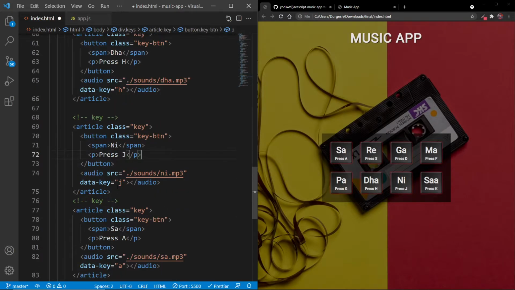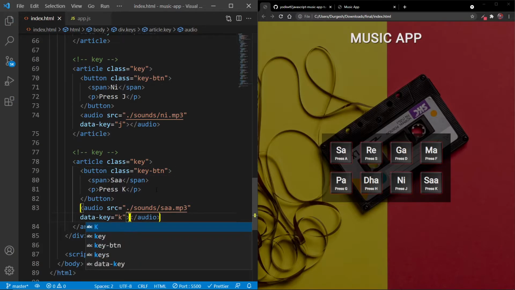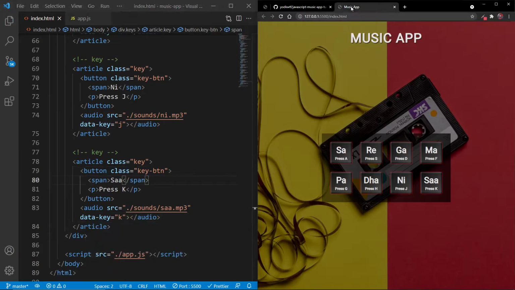I know this task is a little bit boring, but yeah, we have to do it. It would have been a different case if we were working with React or something, but in pure HTML and CSS, we need to type a lot. So yeah, we're done with it. And if I save and go to my project, you can see we have these nice little buttons. And now I will move to my JavaScript file to implement the functionality.